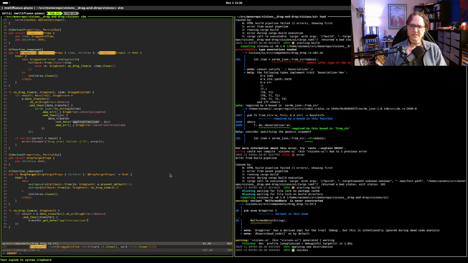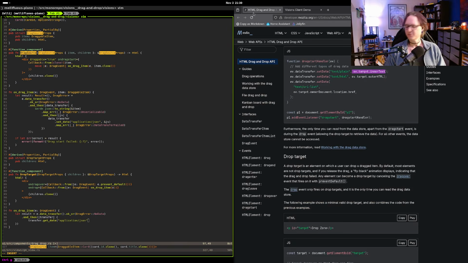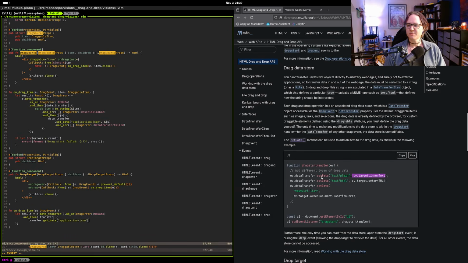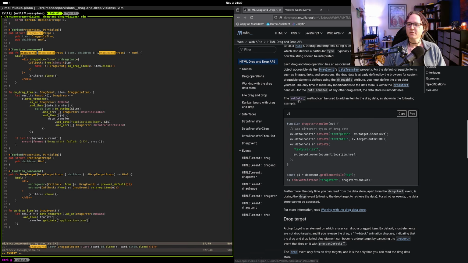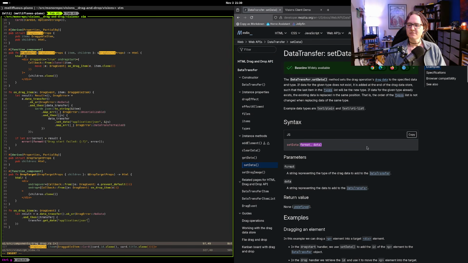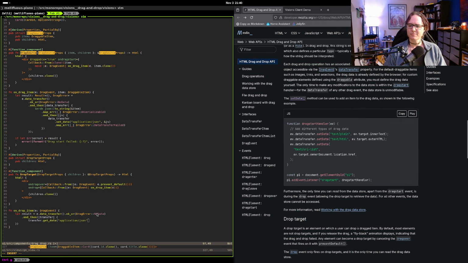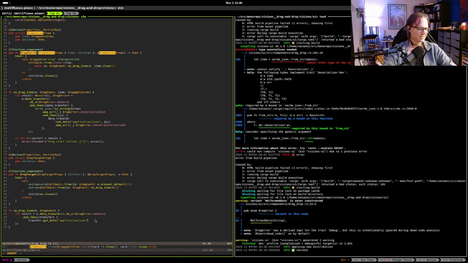As a side note, I don't really understand why the MDN website documents this as it's supposed to be the format. Where did that go? Set data. Like I go to here and it's like set the format and the data, a string representing the type of the data dragged. I think this is really just key and value, because it's not like the format gets enforced in any way. Maybe there's some subtlety that I don't know about, which is why I'm kind of just conforming, but it's a little bit weird. So we're going to get the data,